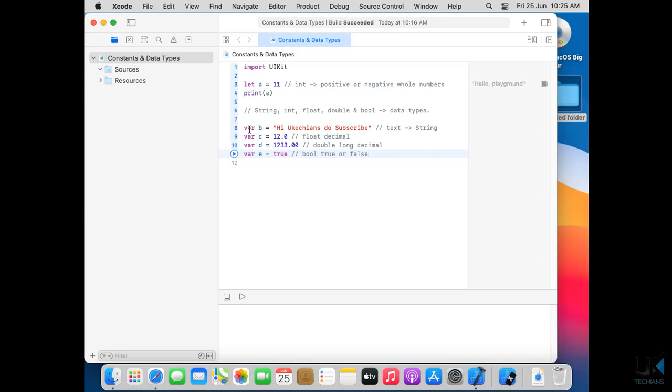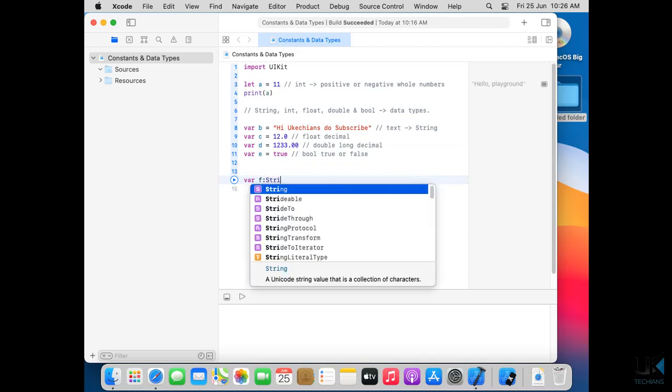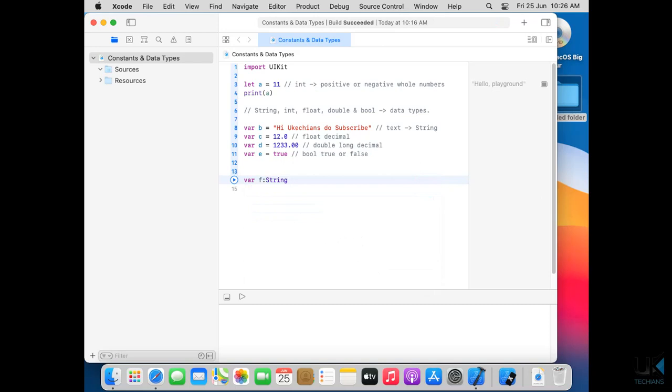So these are the variables we have initialized here. The first is a string, the second is float, the third is double, the fourth is Bool, and the very first is integer, right? You can initialize these variables like this: var, then the name f, and then we indicate the data type, and then we initialize the value.